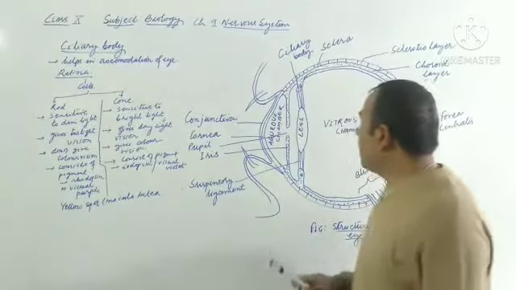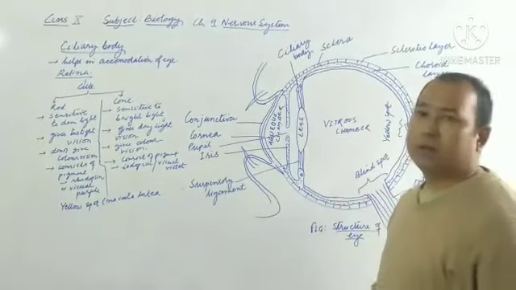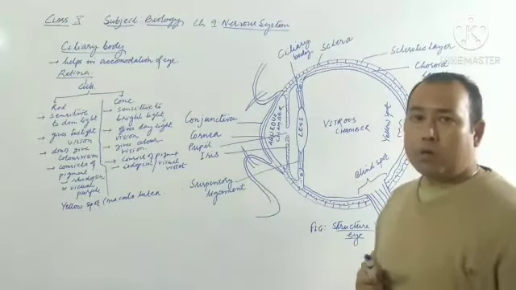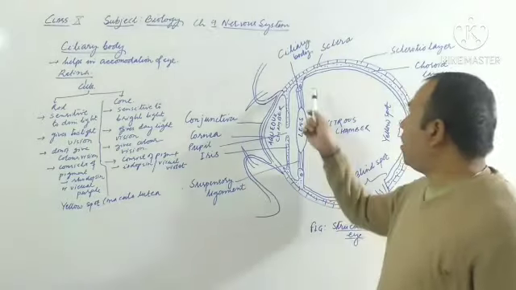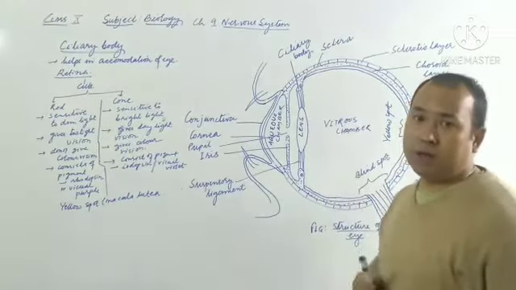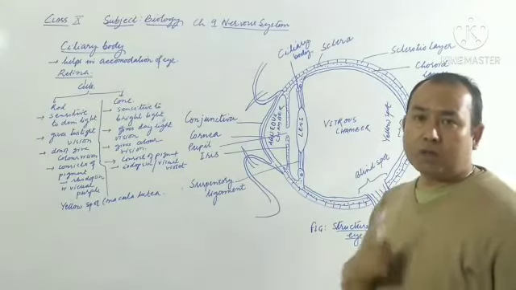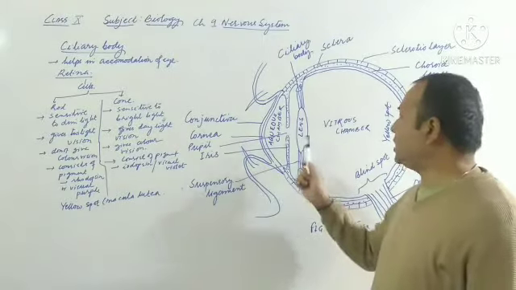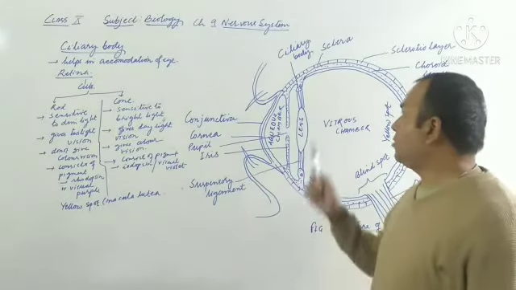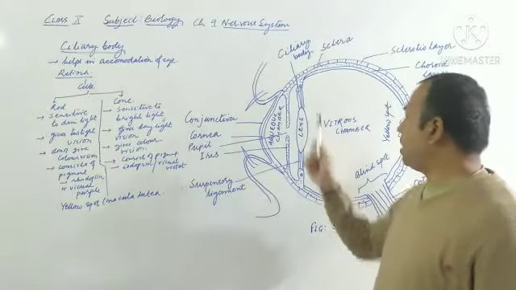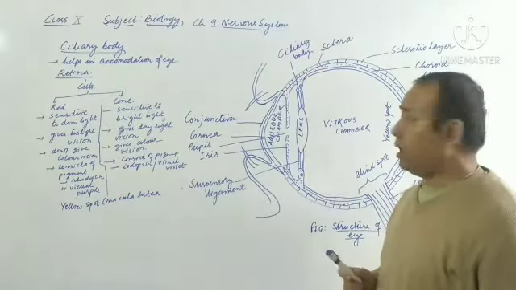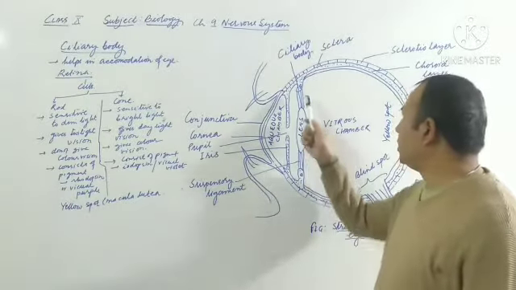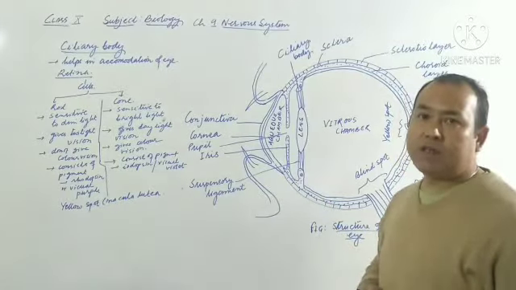Okay, you can see in the figure, just behind the iris or at the periphery of the iris, the choroid layer gets folded to form the structure called the ciliary body. This ciliary body consists of circular muscles, which are responsible for changing the curvature of the lens. As you can see in the figure, this ciliary body from either side remains attached with the lens through the structure called suspensory ligament.